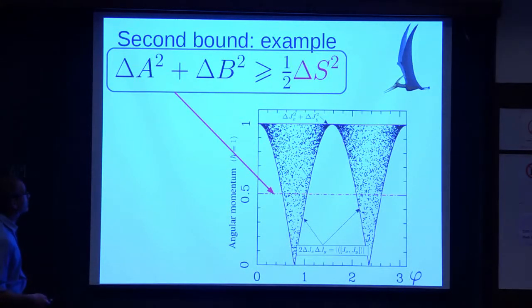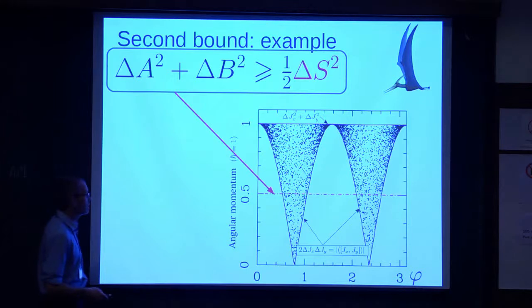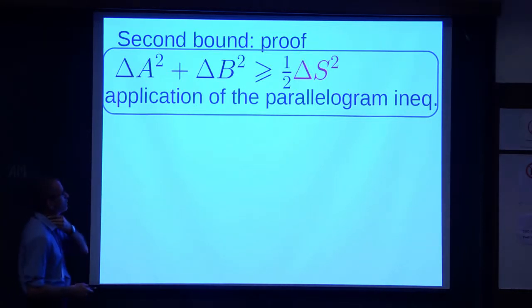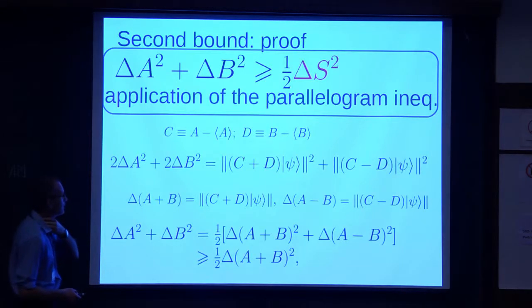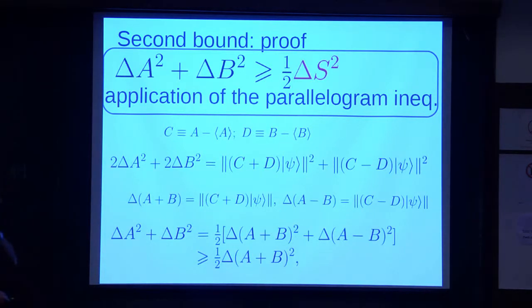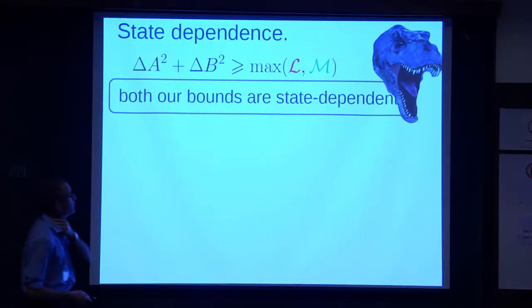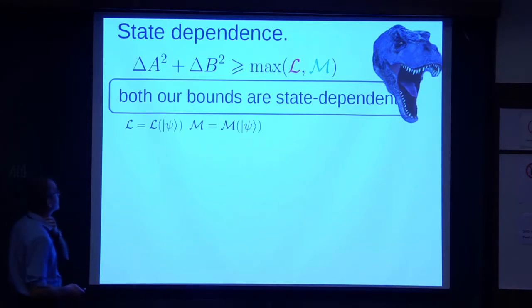Also here we calculate for some random cases, and the proof is very simple. It's just a simple application of the parallelogram inequality, and you can obtain that inequality immediately. So both our bounds are state dependent, like I was saying,